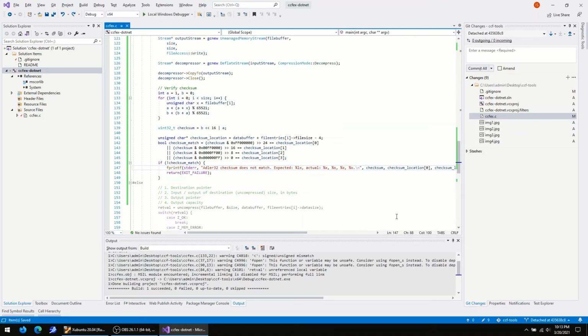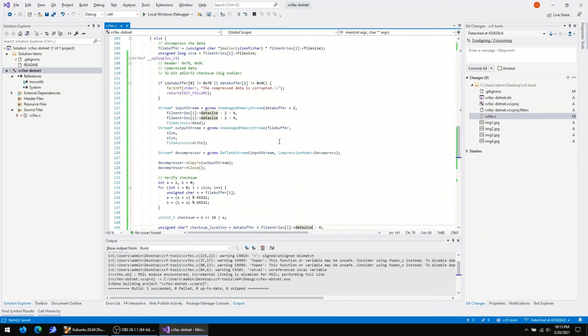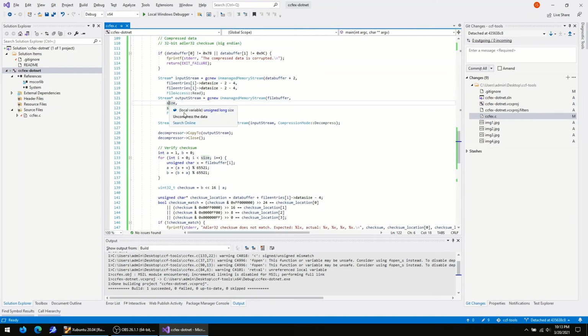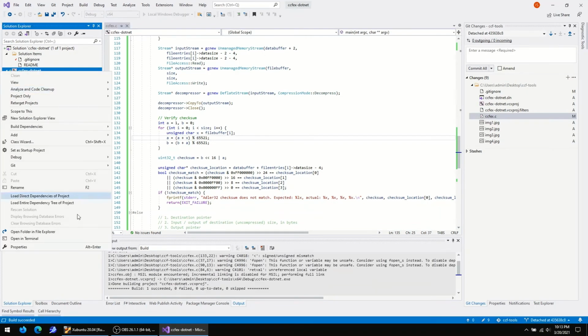So before I go any further, you might have noticed 2 problems in my code. The first one that I noticed before editing: those should be equal signs, obviously. And the second, here we're comparing data buffer plus file size. That should be data buffer plus data size. So this should be data size here, there should be data size here, there should be data size here, because file size is used there. So now that we've got that all the way, I'll hit F6, that should build the project, and then I will